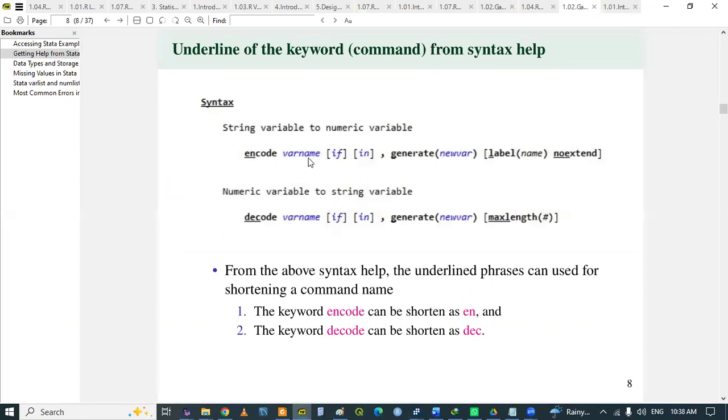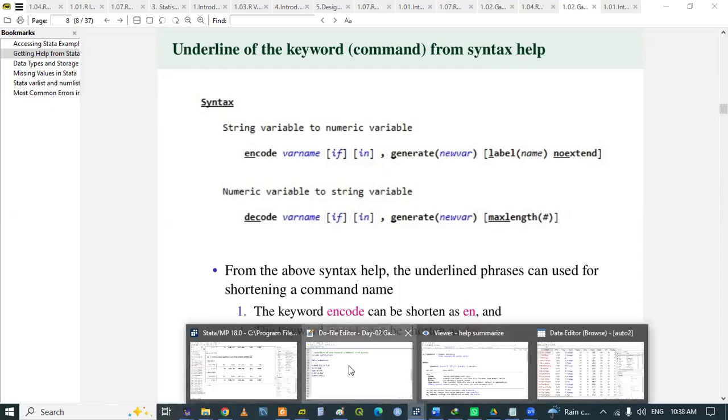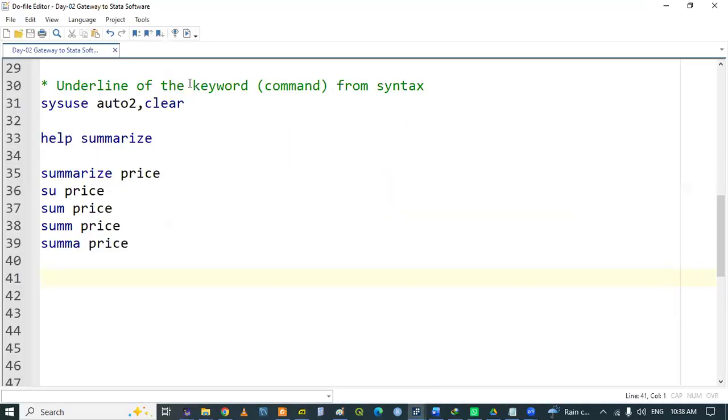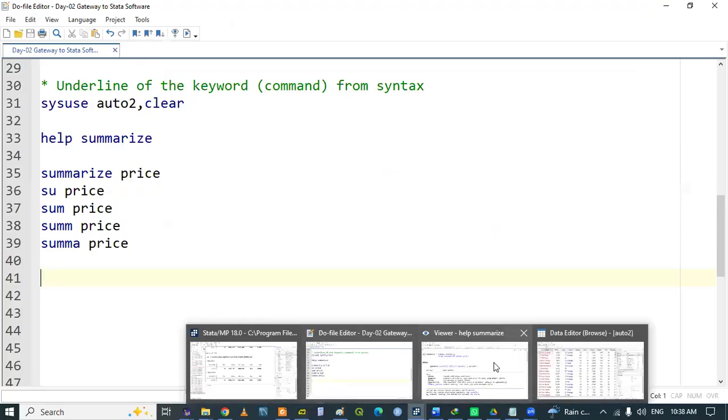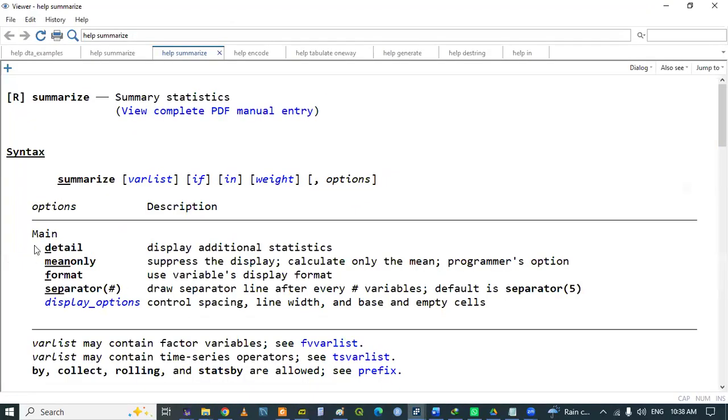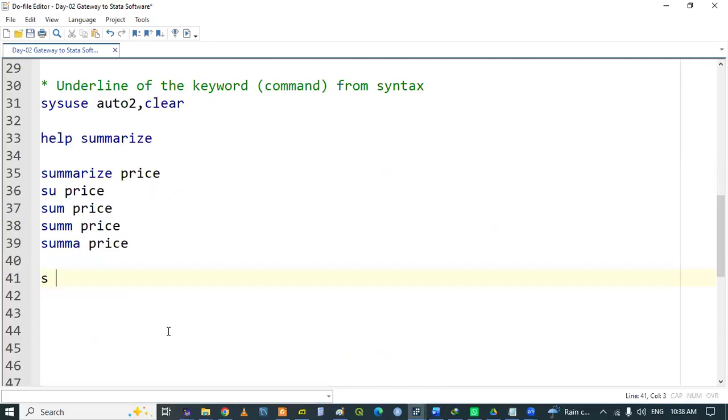So wherever you see underline, you can shorten that command. Like here, the command is encode, but you can just write EN. Decode, you can just write DEC. Remember the minimum short form. Why do I say the minimum short form? If you go beyond the SU, like in this case, if you go beyond the SU, what will happen? If I just write S,